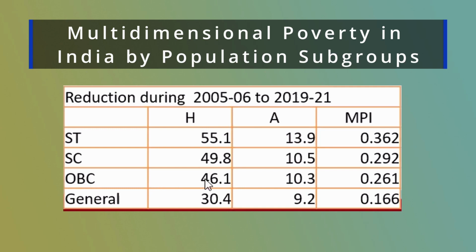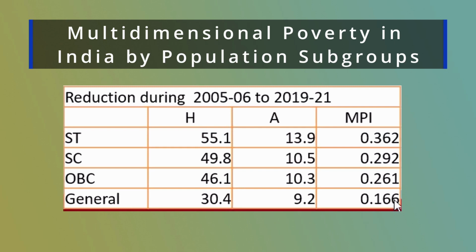In case of other backward caste, the reduction was 46.1% for H, 10.3% for A, and 0.261 for MPI. In case of general caste people, the reduction of H was 30.4%, reduction of A was 9.2%, whereas reduction of MPI was